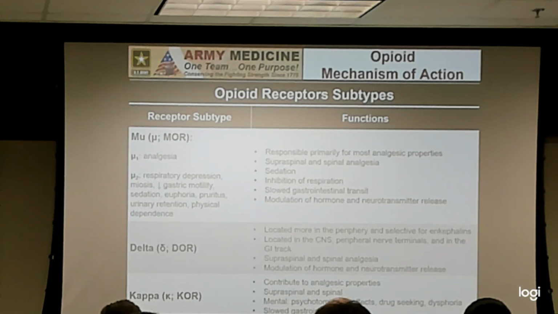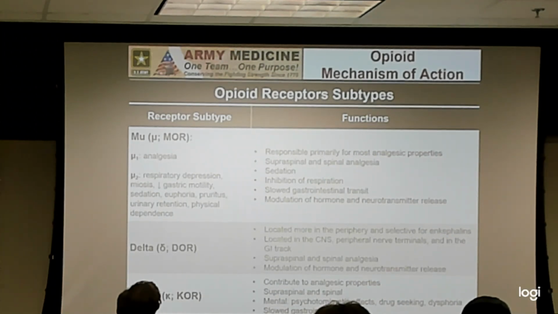Also, you'll see the patients have depression more, and they also become more like drug seekers. It becomes more of a behavioral type of issue that you start to have with these patients when you have something that's more selective for the kappa. So think of kappas as bad. Okay, kappas are no good. And then the delta, you get analgesic effects as well, and they're specifically looking at the